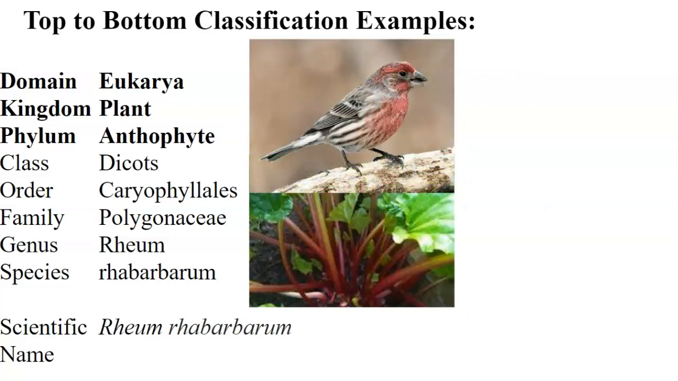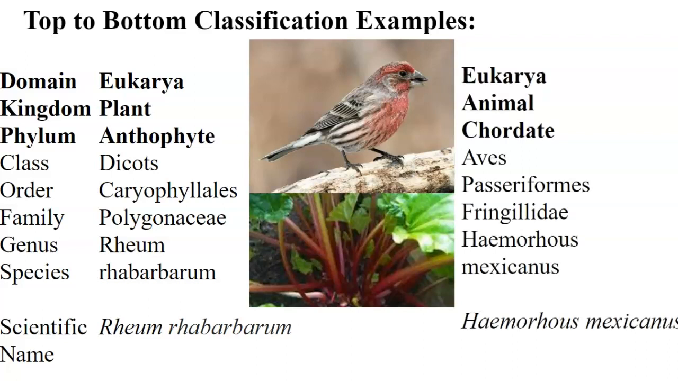Coming to a feeder near you. Eukarya. It's an animal. It has a backbone, it's chordate, it's aves, it's passeriform. Different family name though than the chickadee. Fringillidae. And Haemorhous mexicanus is its scientific name. So looking at a purple finch